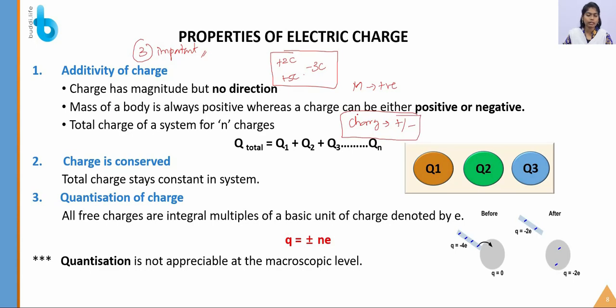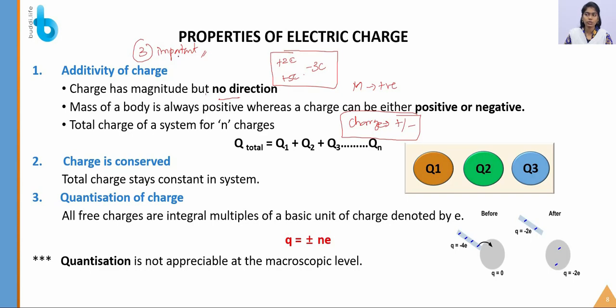Okay, but it is only a scalar, like a mass. Here the charge has a magnitude but no direction, and the mass also has a magnitude but no direction, but it has a plus or minus symbol for the charge. Let's see what is the total charge present in the system.